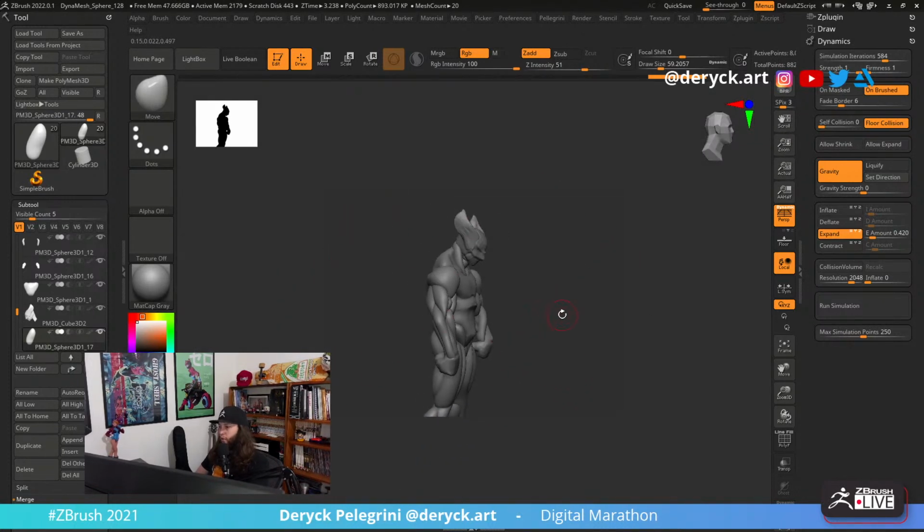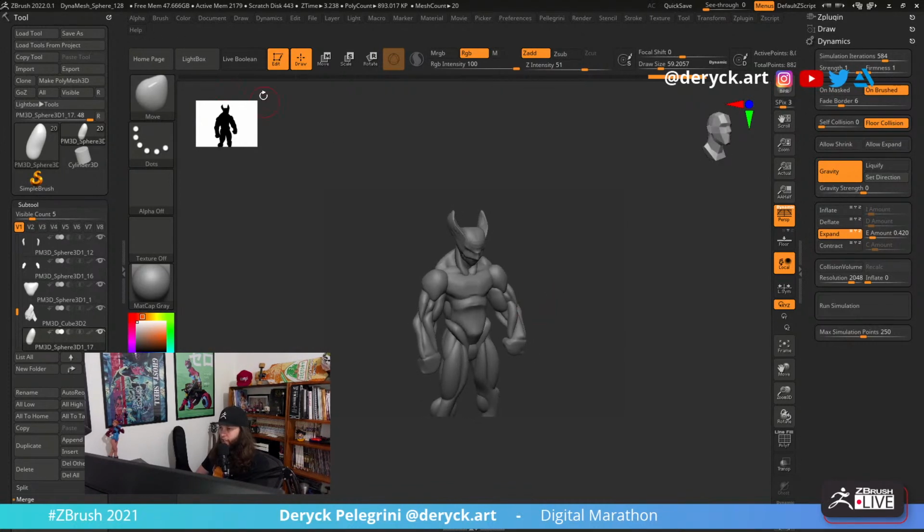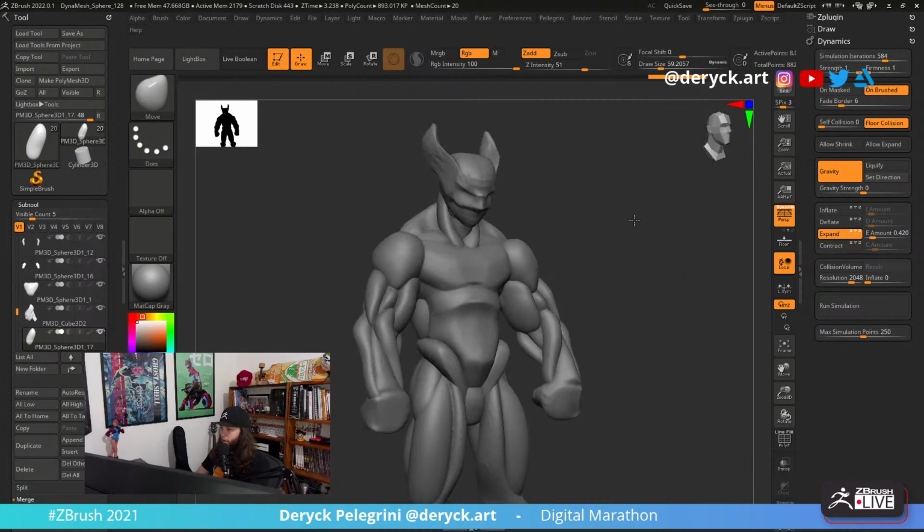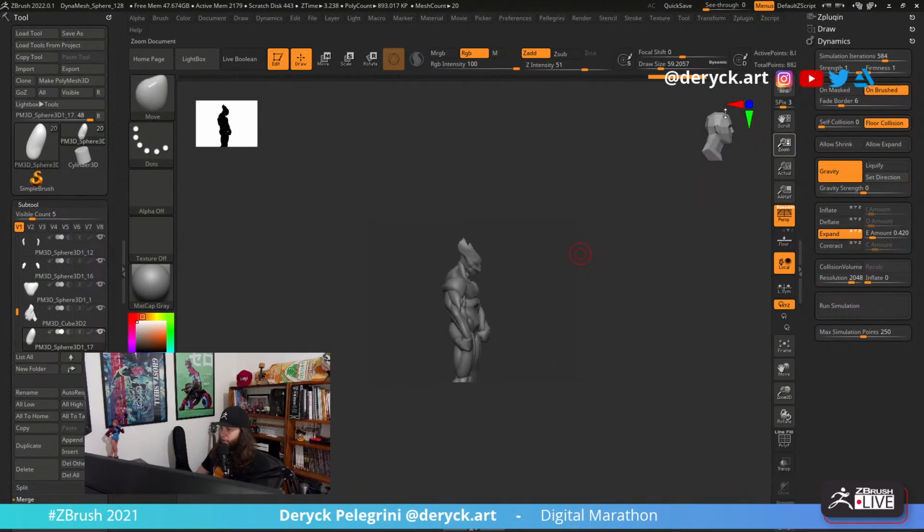So maybe you're using a very small canvas, and you can change this in the configuration, and then afterwards you can use the actual option here and put your model at full size on your canvas.